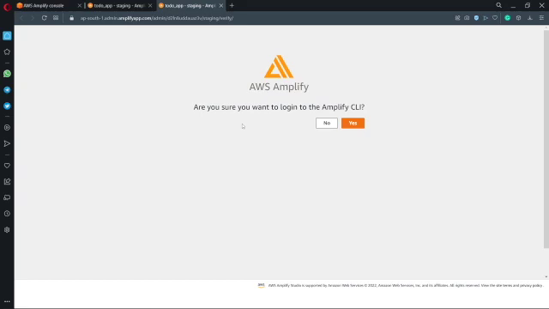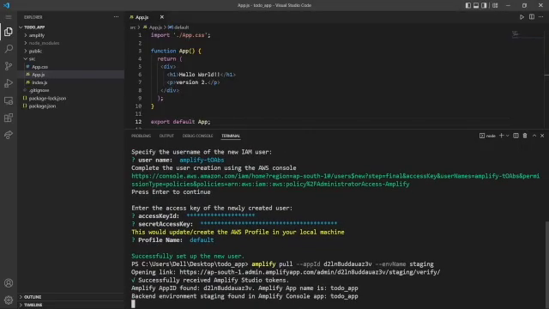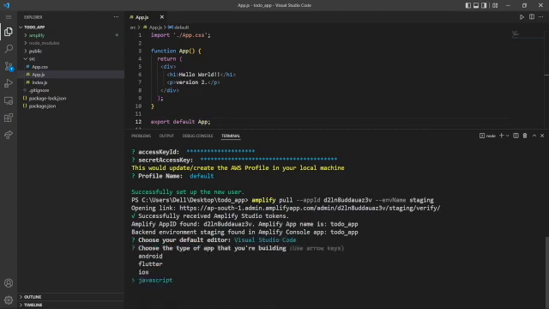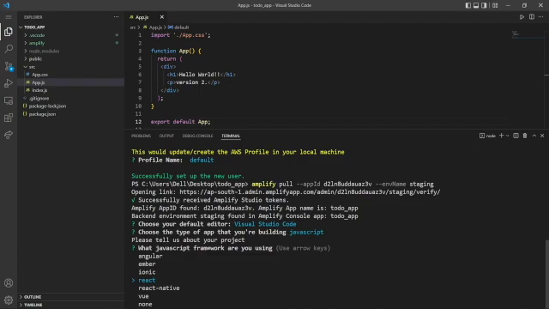When you run amplify pull, it will redirect you to the browser window and try to verify that it's you. So you have to say yes. It will authenticate, and if we go back to the terminal, it starts creating the app. So just press enter. It will automatically detect the environment. It says what's your default editor? Yes, it's Visual Studio Code. JavaScript, yes, it's a React application. Just press enter. You don't need to change anything here,